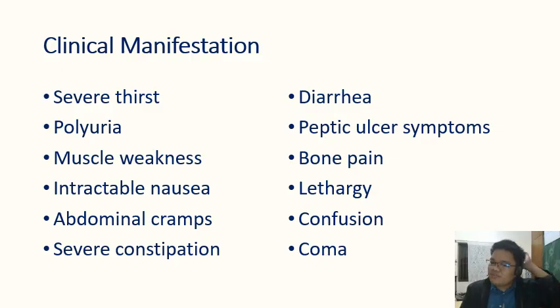So clinical manifestations, we have severe thirst. You also have polyuria. In an attempt of your body to excrete the excess calcium, polyuria would occur. Then you have muscle weakness, intractable nausea. Then you have abdominal cramps, severe constipation. Remember calcium. Then you might have diarrhea in some cases, peptic ulcer symptoms, bone pain, which is brought about by